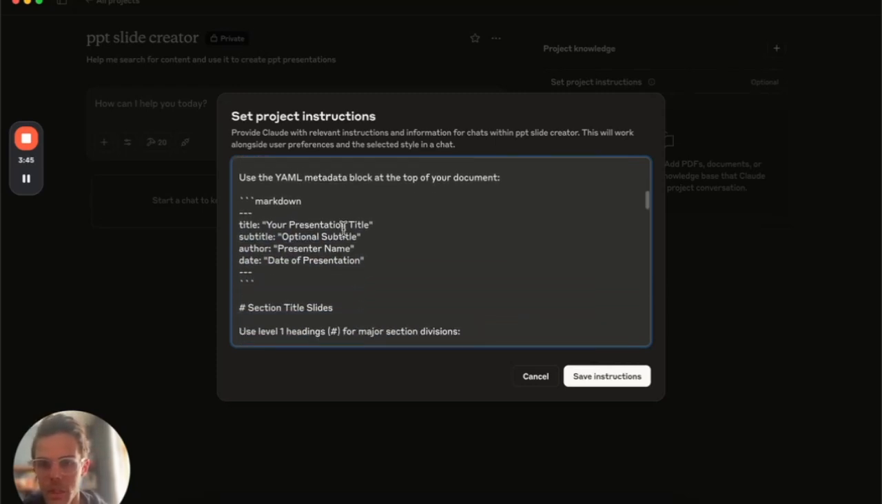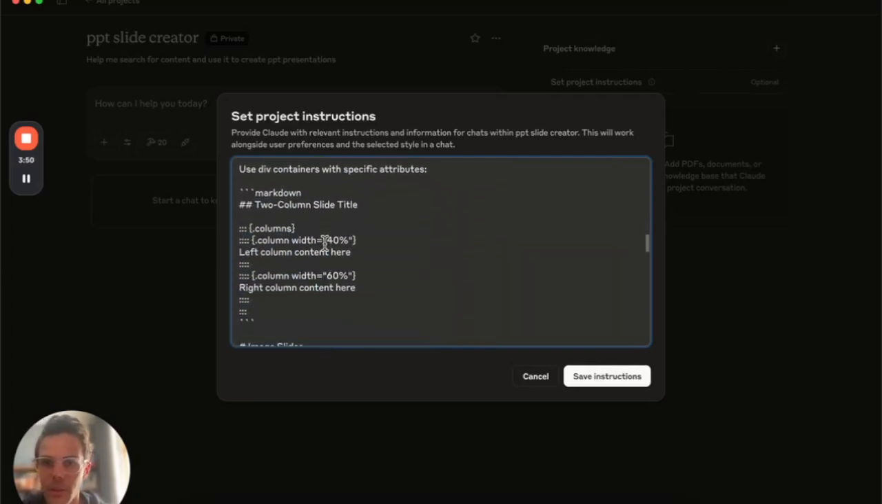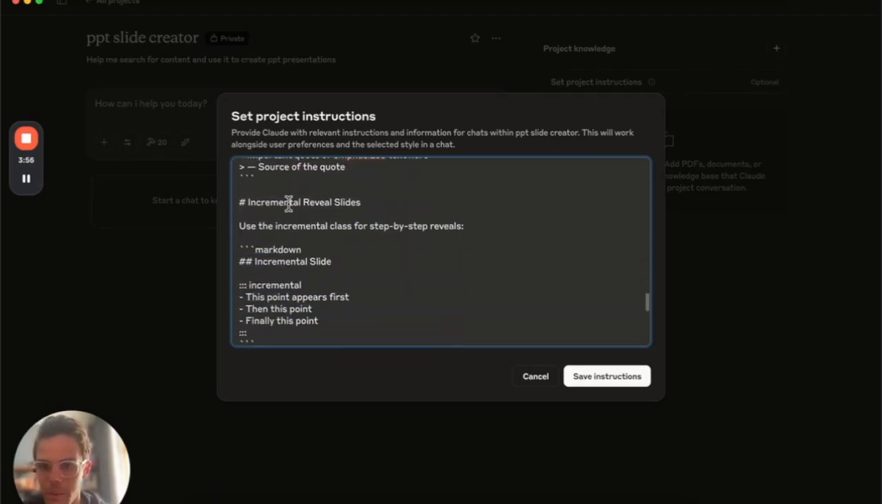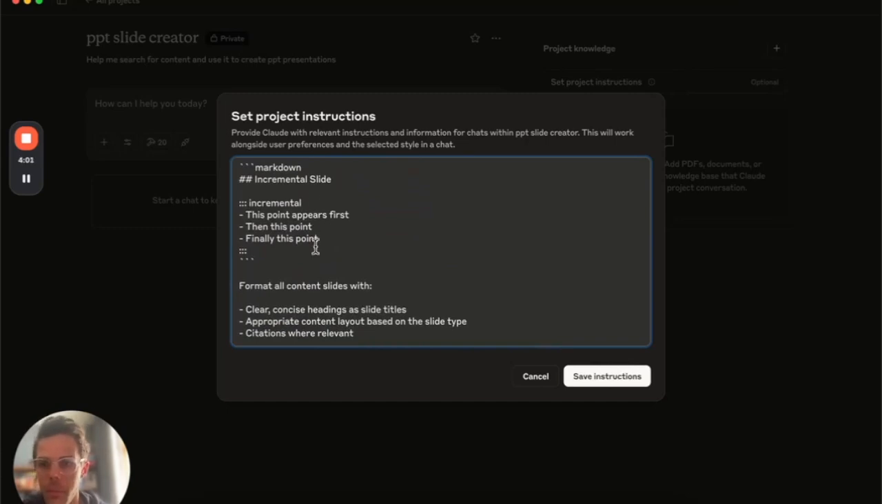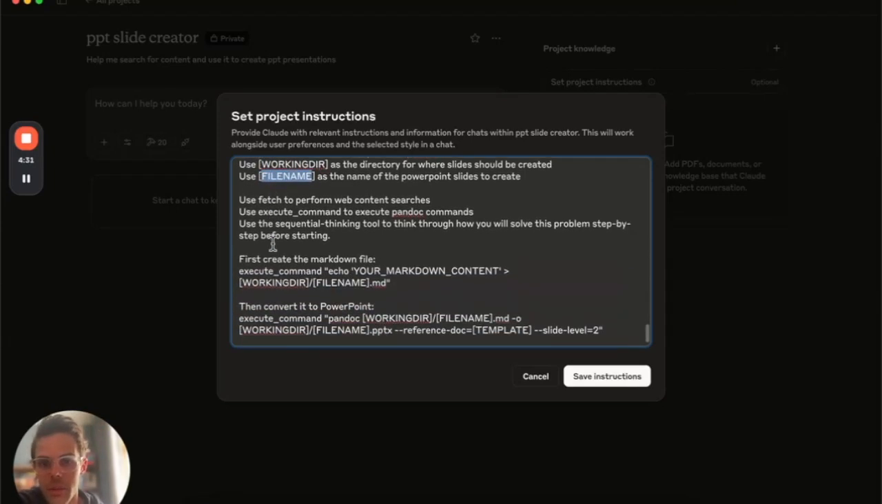So I basically just give some instructions on how to do sections, how to do titles, how to do 2-column slides, image slides, and this is all taken from the Pandoc website. So I basically just give it some priming on how to structure the markdown file, and then use template as the template for Pandoc, so you can actually pass a template file which allows you to make your slides look like a specific template design, which can be helpful. You also need to provide a working directory, which is a directory on your computer where all the slides are going to get created, and then the file name, which is the name of the slides that you want to